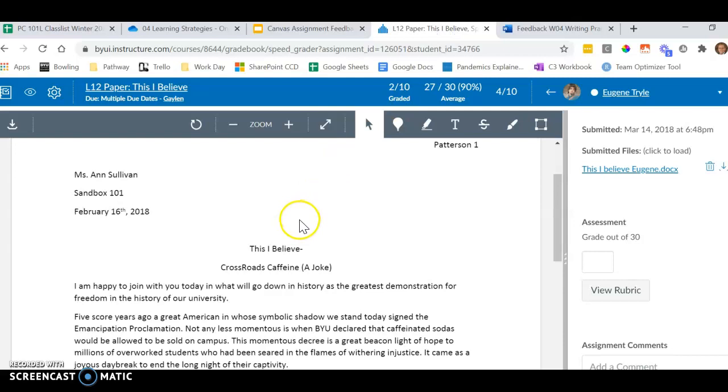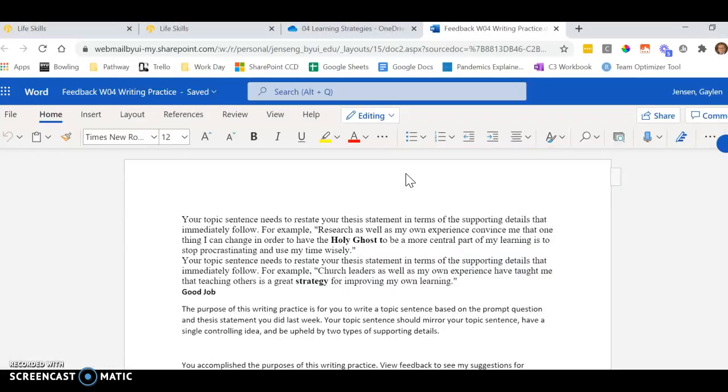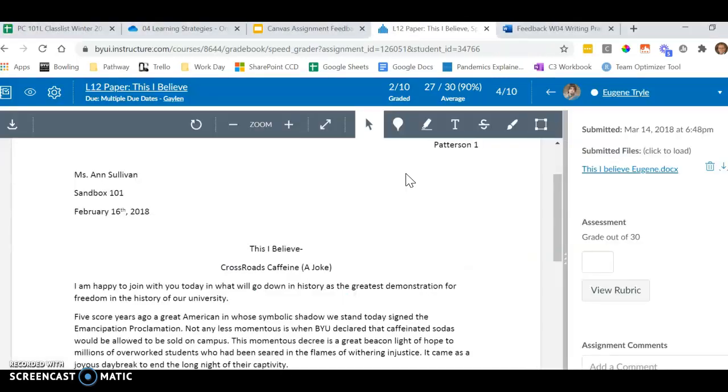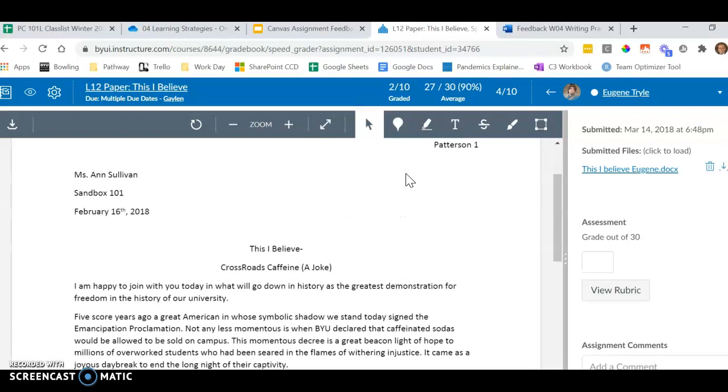So when I'm in this document, I've got the Word document opened in a completely different Chrome browser, and I'm going to use the Alt-Tab to get over to that document. And I just have to get there the first time. And then from there on, I can just use the Alt-Tab to go back and forth between my student's document